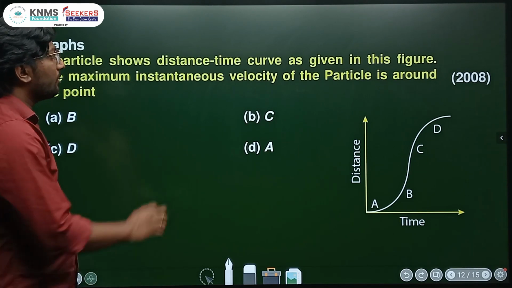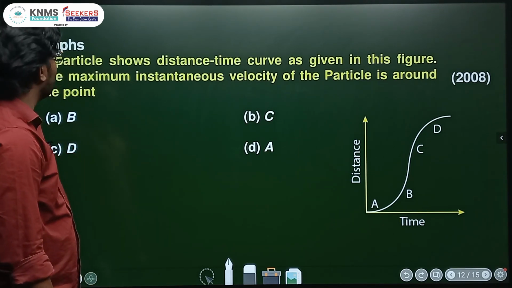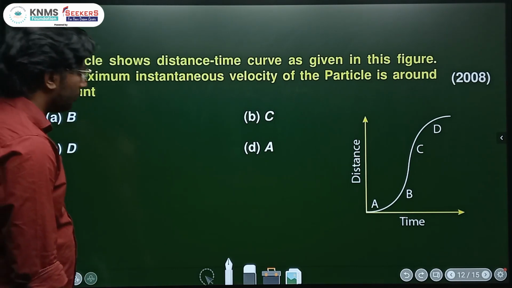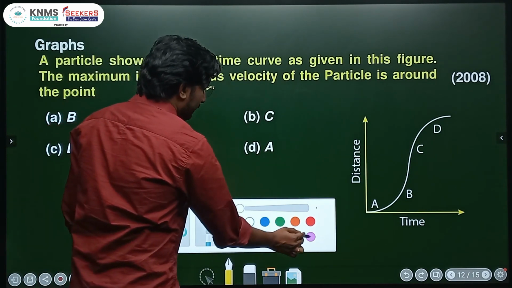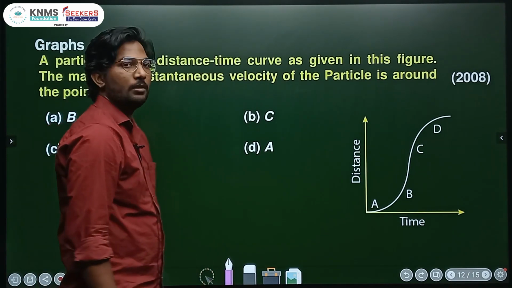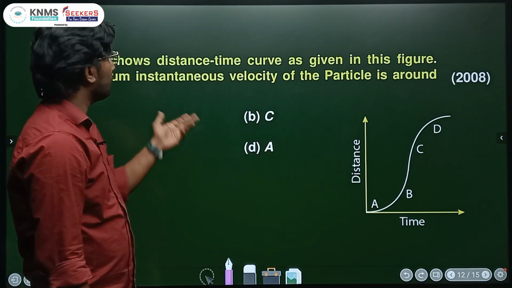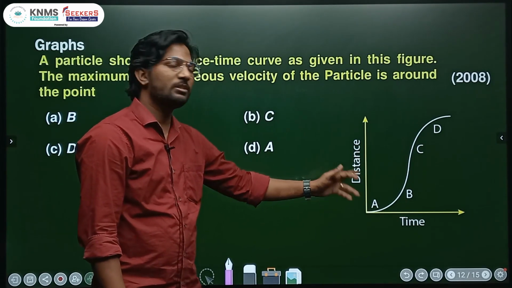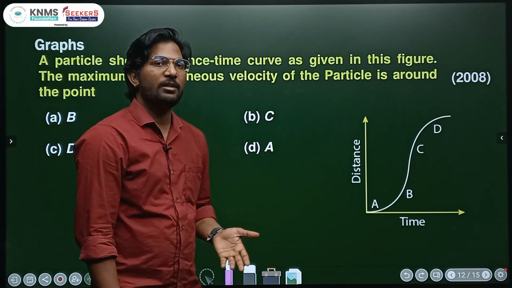A particle shows a distance time graph or time curve as given in this figure. The maximum instantaneous velocity of the particle is around which point? So in this graph, how do you verify the instantaneous velocity? I told you, for a distance time graph, if it is a straight line motion, which is not especially mentioned here, instantaneous velocities are always obtained by drawing the tangent